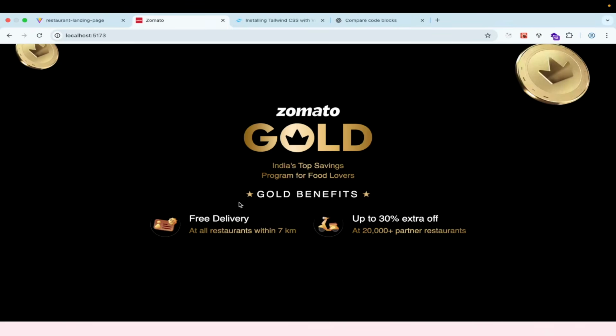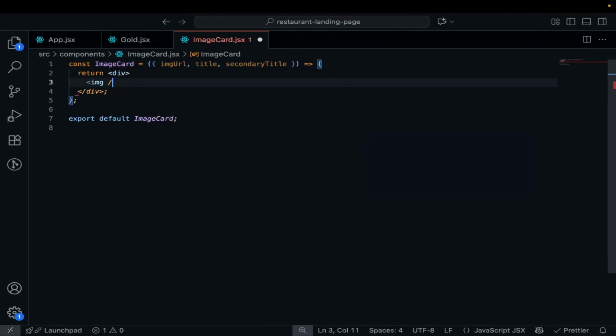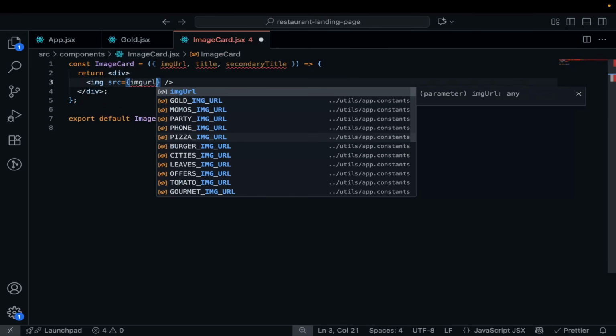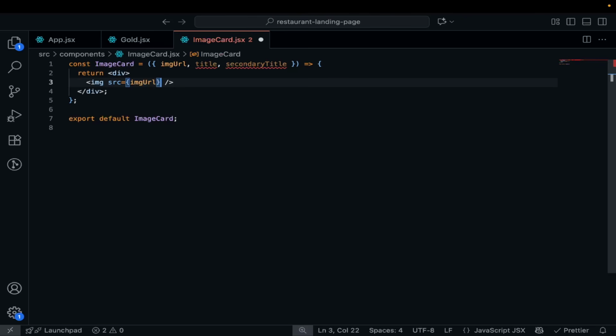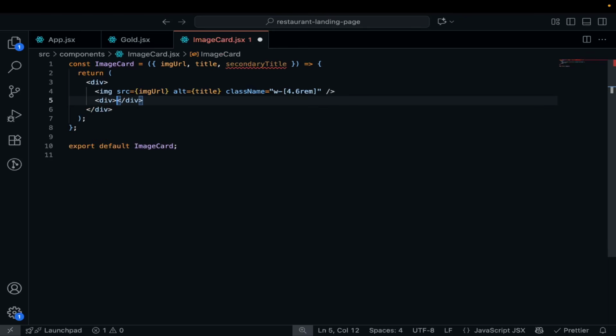So what I am doing here is taking the image URL, the title and the secondary title. Then inside this div I will take one image tag and set the source as the image URL, which is coming from the props, and I will set the alt with title. Let's give width to this image. I will set the width to 4.6 rem, and after this image I will take another div and here I